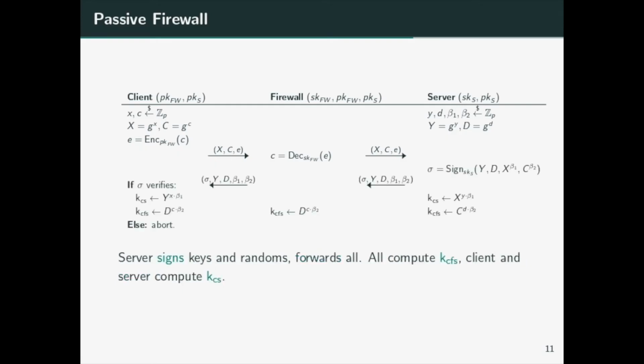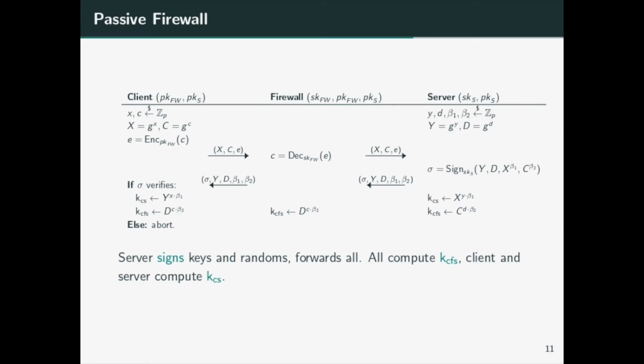Upon receiving the client's public keys, the server will sign the two public keys that it computed, as well as the client's public keys elevated to the two randoms that I mentioned before. Afterwards, the server will simply send the signature, the two public keys, and the two randoms to the firewall. The firewall will then be able to compute KCFS and forward to the client what the server sent, again without